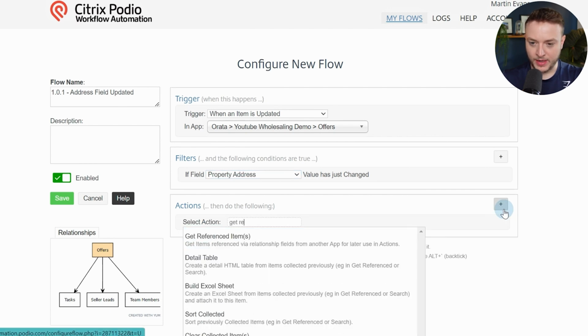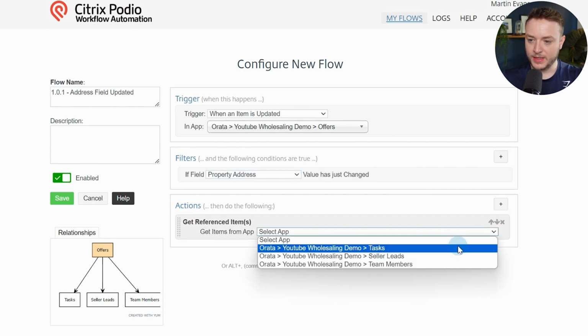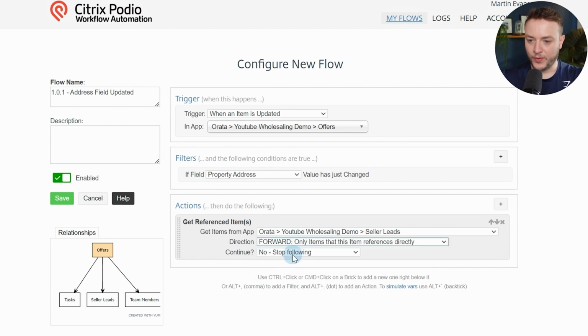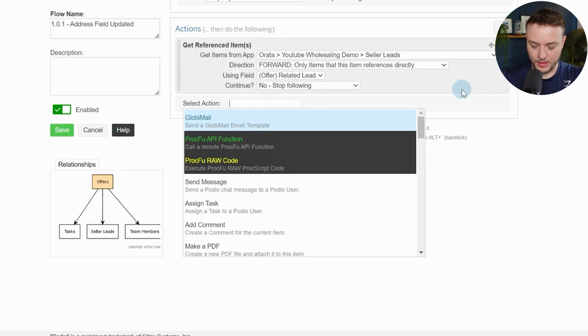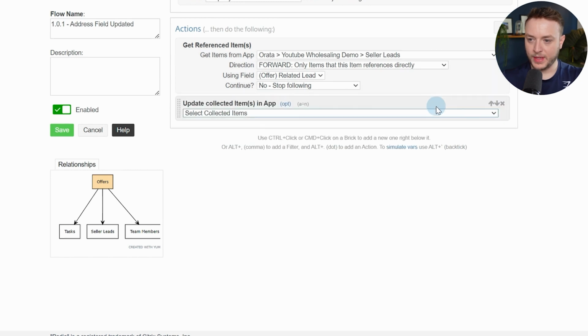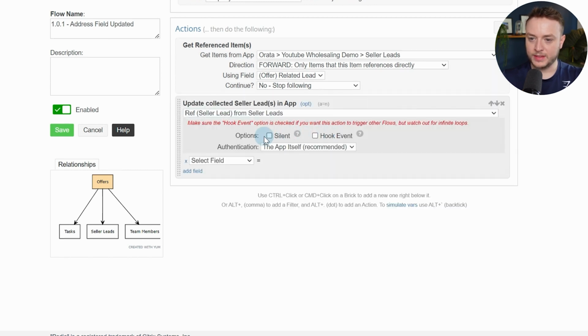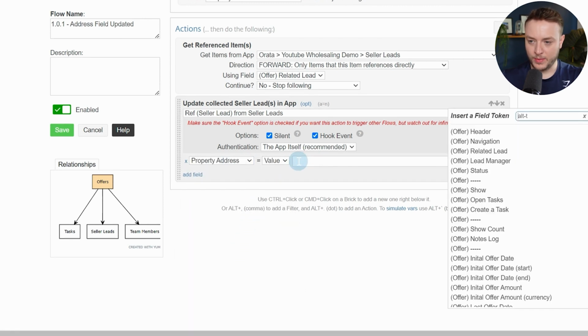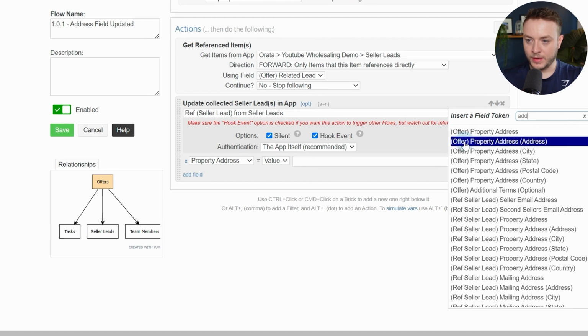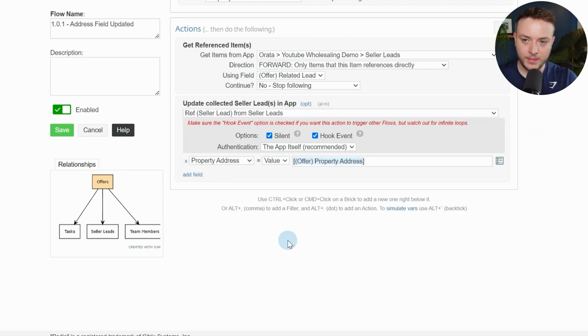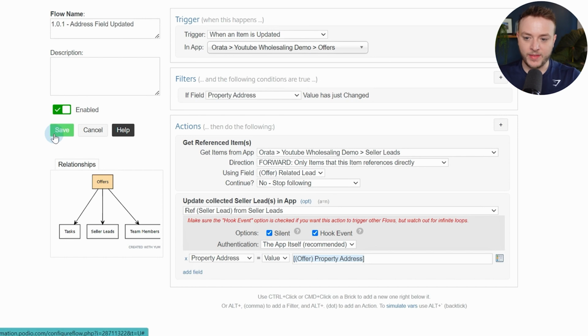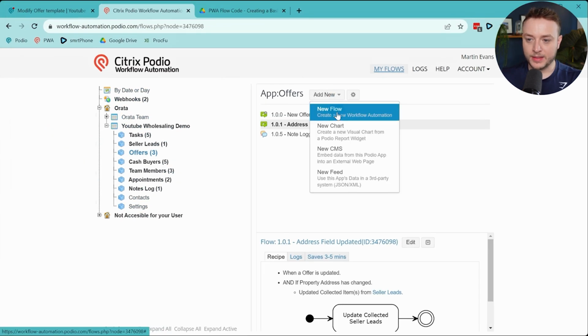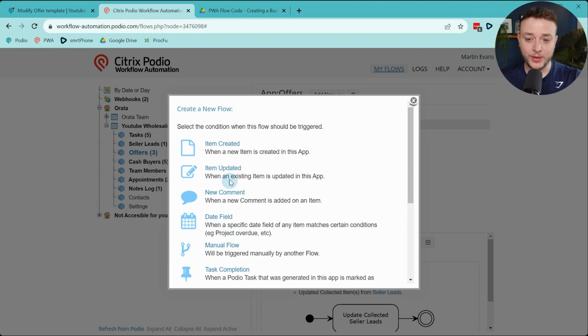Then again, we're going to get the reference items, seller leads, forward, related lead, update collected seller leads, silent. We'll want to put a hook on this one, so it updates our contact record. We want to update property address with offers property address. All right, perfect. So we'll save that. Okay, the next one we're going to do is we're going to now create the flow